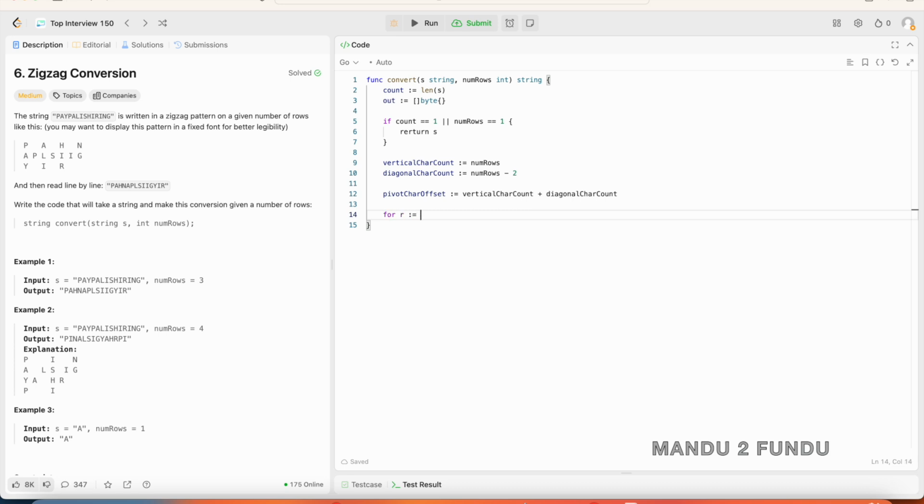Next I initialize the pivot character offset, which is equal to the vertical character count plus the diagonal character count. Next I write the outer for loop, which traverses all the logical rows. First I initialize the index with the row index. So the idx is then pointed to the next character to be read from the input string, and then I initialize the vertical boolean to true to indicate the current character is in the vertical path,